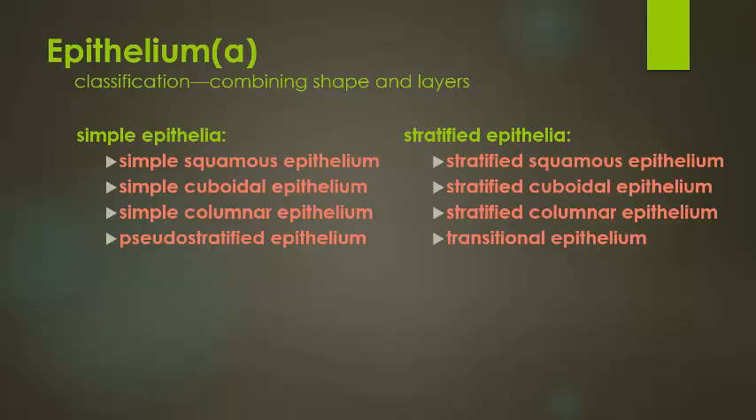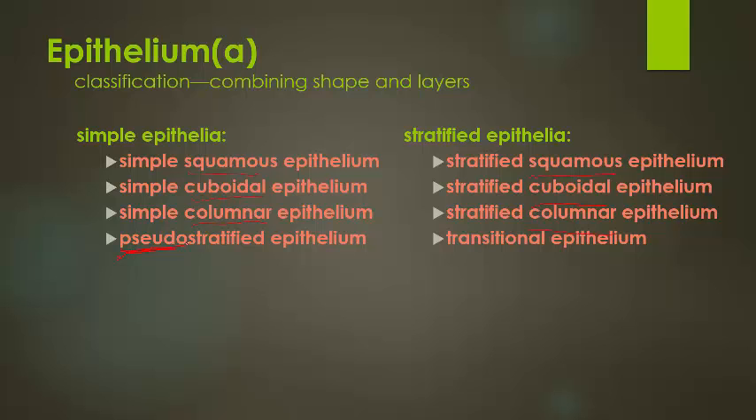So when we do mix and match, then we can make three simple epithelia: a simple squamous epithelium, a simple cuboidal epithelium, and a simple columnar epithelium. And when we think about the stratified, mixing and matching those terms, we can talk about stratified squamous, stratified cuboidal, and stratified columnar epithelia. And then there's one other kind of simple epithelium, something that we'll talk about as pseudostratified